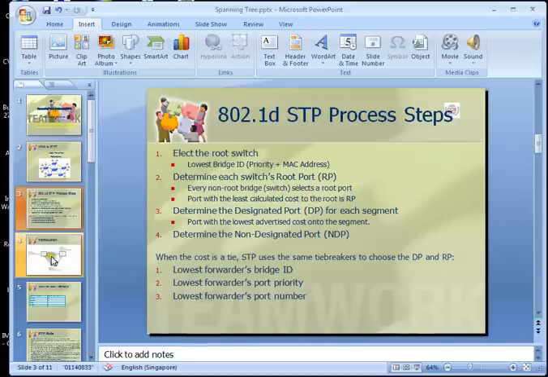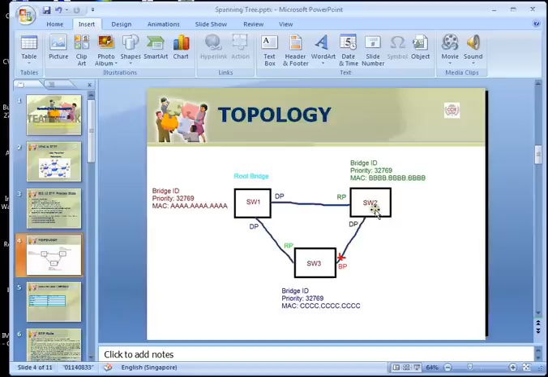So if we look at this topology, for example, switch 2 has two links. One is the direct link from switch 2 to switch 1, and switch 2 also has a link to switch 3 and then to switch 1. So switch 2 needs to calculate the cost to switch 1.